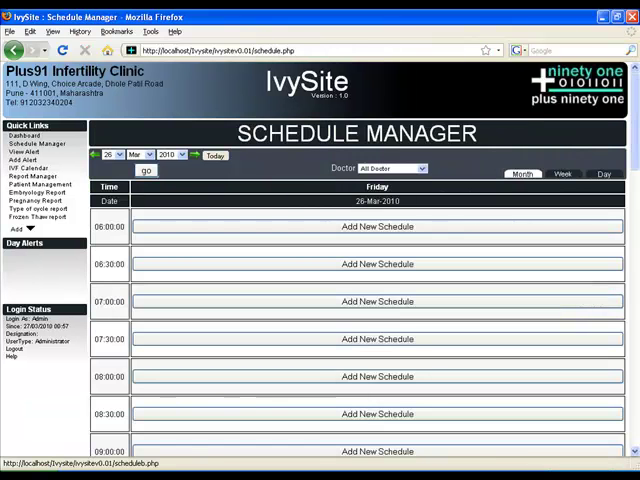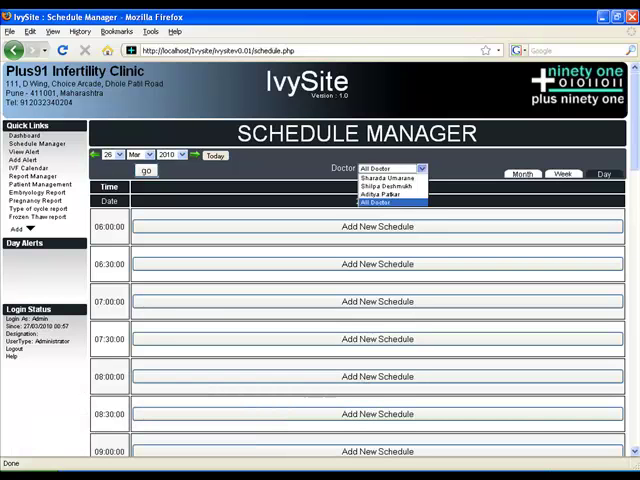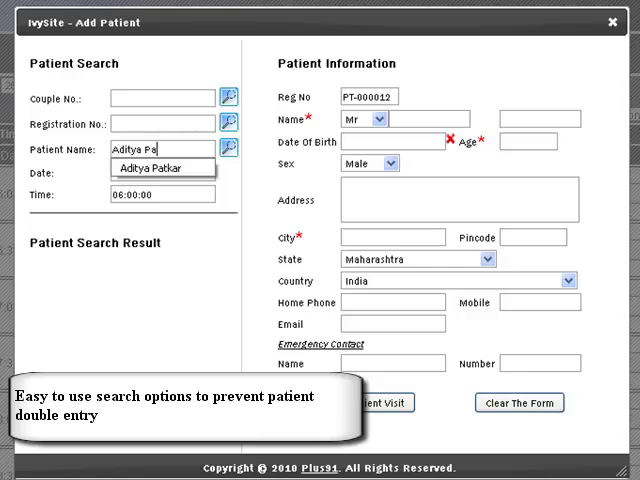As you can see, there are multiple search options and quick links on either side. Let's set up an appointment for a patient. You can easily traverse through the dates, select the appropriate doctor, and start adding a patient. You have multiple patient search options to search for patients already present, or you can easily add a new patient